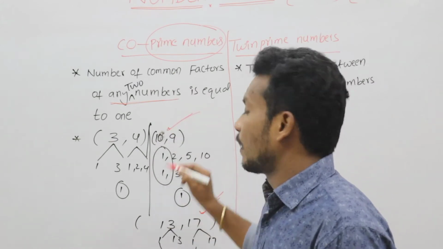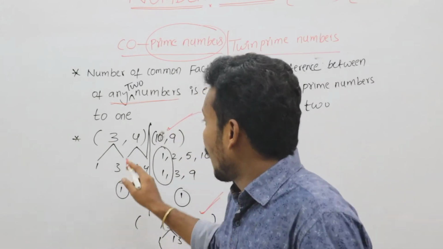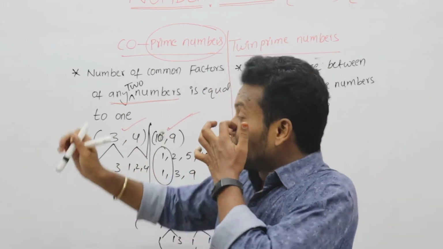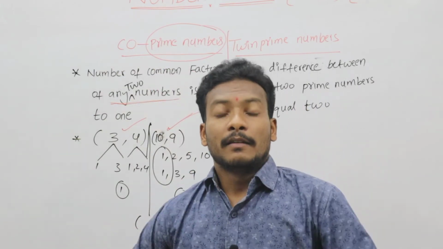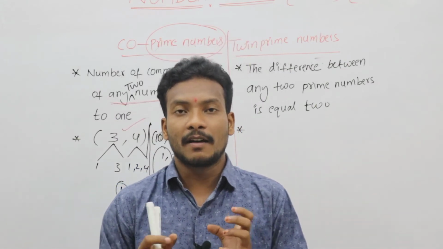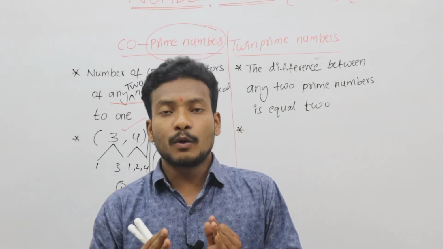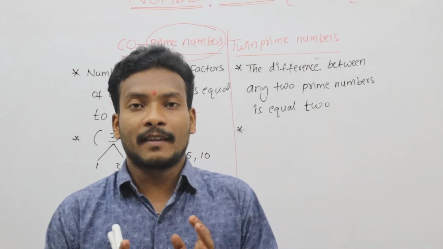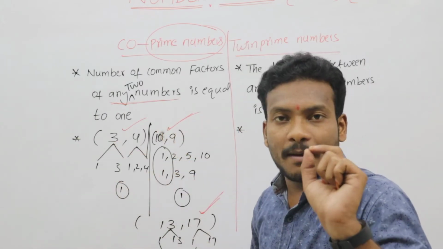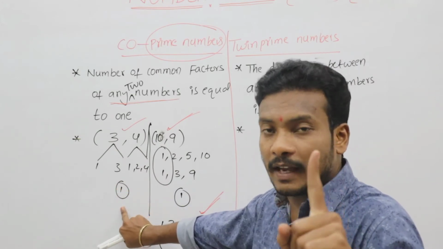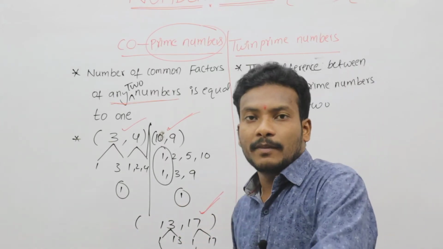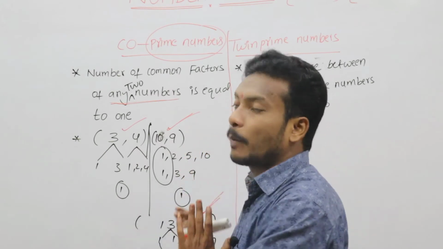Now both are composite numbers. Both composites is also correct. Now one prime number and one composite, this is also correct. In the name itself it has prime, but that is not a rule. We are not exactly taking a prime number. We have to check whether the rule is applicable for the pair of numbers: the common factor is only one. Whenever one is a composite number and one is a prime number, here also 1 is the common factor. Both composite numbers, same one factor. Both prime numbers, again the same. Okay, this is the brief explanation of co-prime numbers.